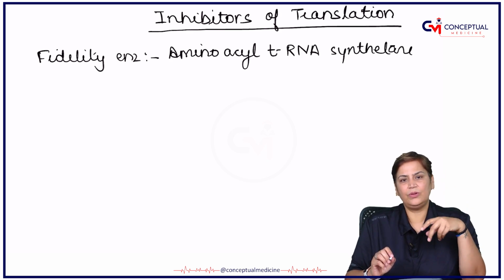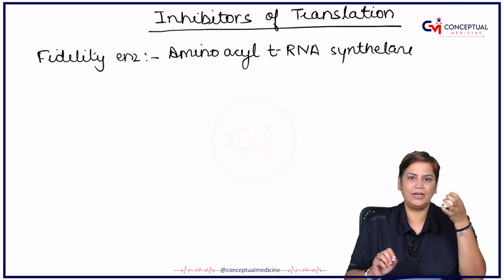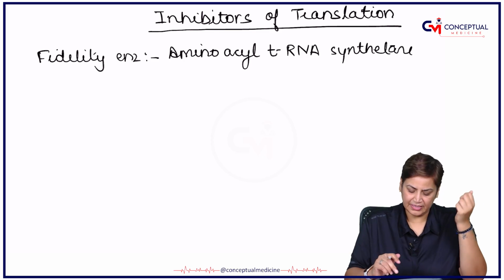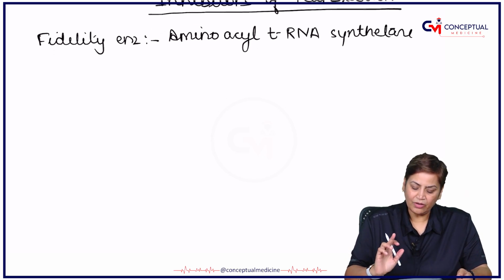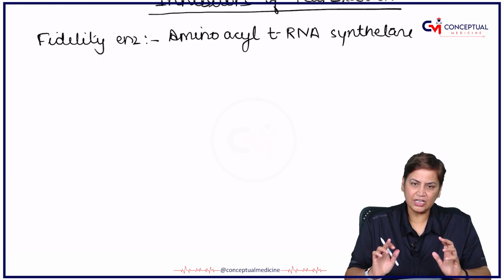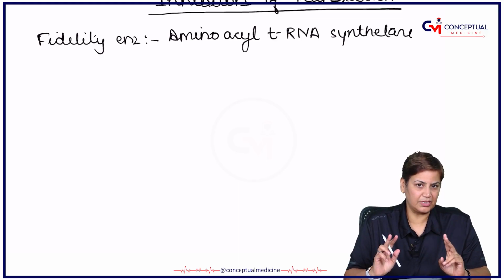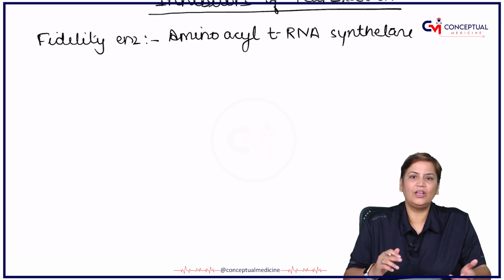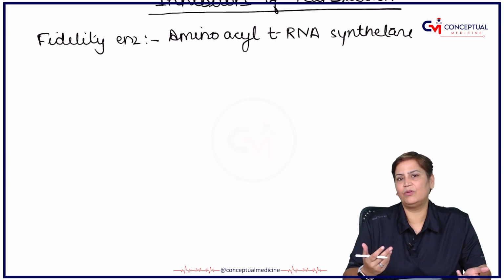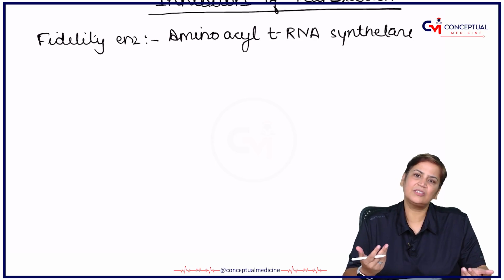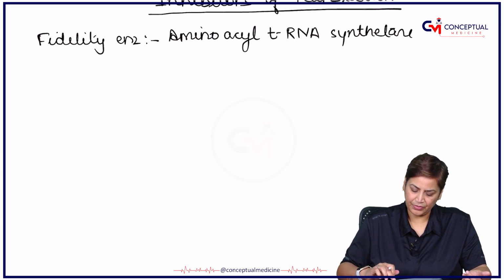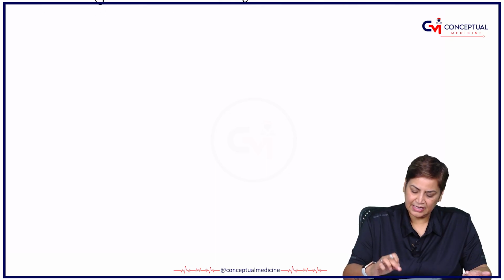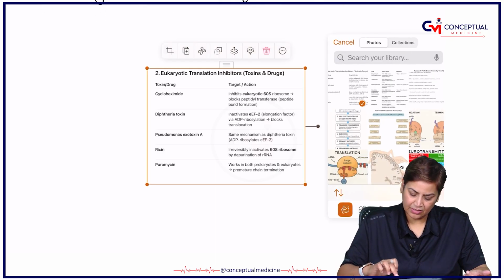So inhibitors will be different in prokaryotes and different in eukaryotes, obviously. And always remember that translation requires three important processes: initiation, elongation and termination, with the help of different elongation factors, different initiation factors or termination factors. Okay, so first of all, let's see the inhibitors, first we will talk about